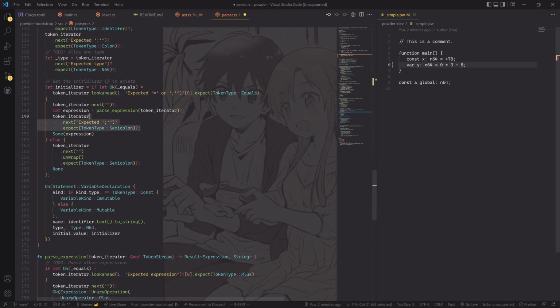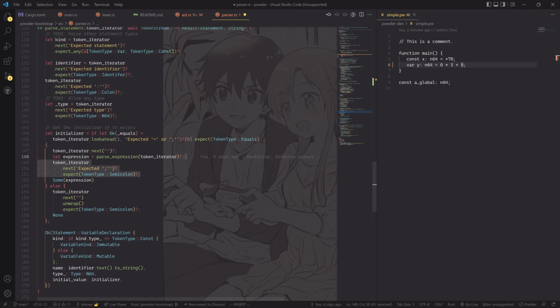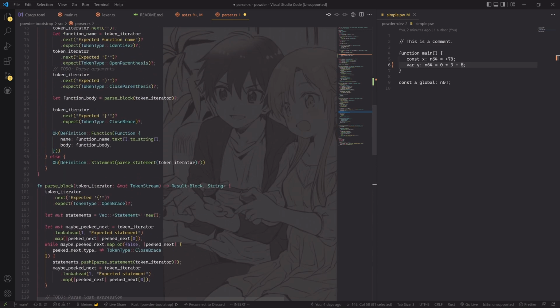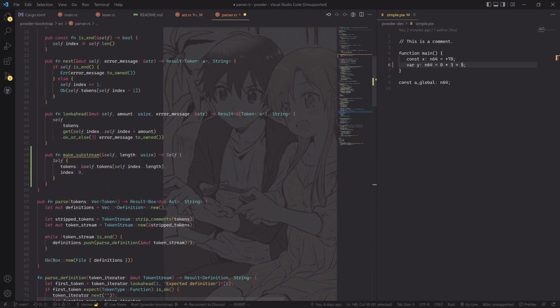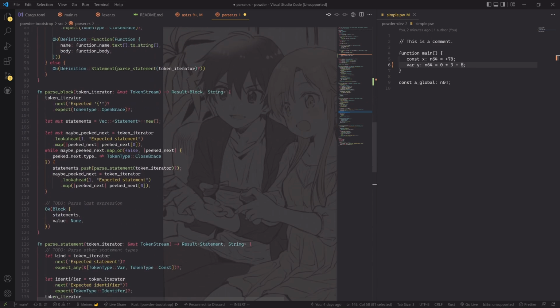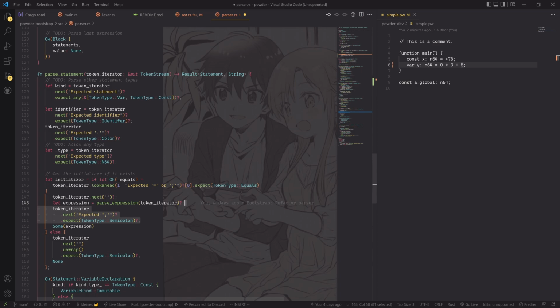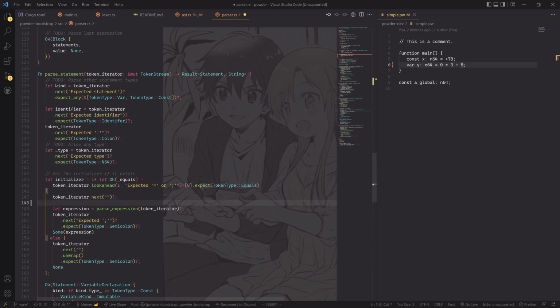Yeah, okay, so here we have make substream, so we can look at the initializer. We skip the equals, and then